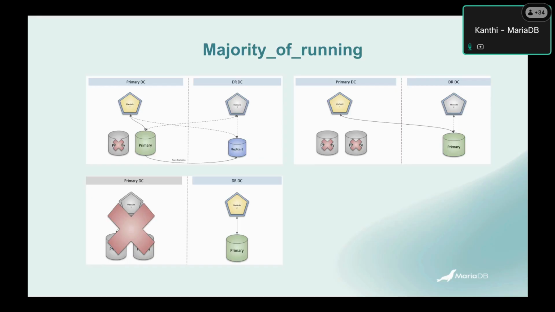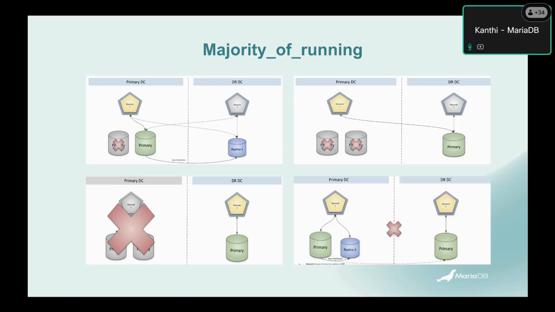So this has still got the log. So it has the authority to promote the replica as primary. So now the DR MaxScale acts as an active MaxScale and it promotes the available replica in DR as primary. So all these mechanisms are making sure that even if something goes wrong with MaxScale, you are back in business. And the only downside of this majority of running is when something goes wrong with the network connectivity